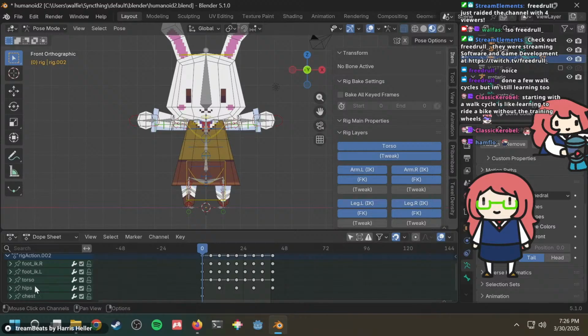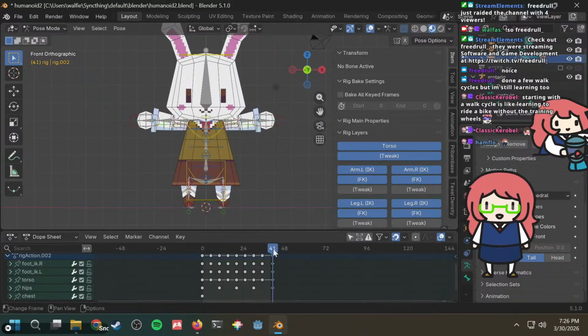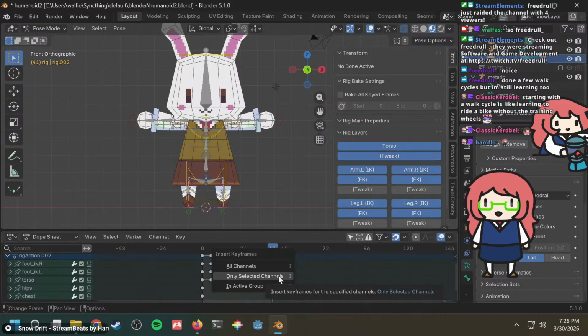So this could just be for the leg movement, and then you can have another one for the arm movement. Whatever, it's probably fine. I could always split them out if I need to. It has not inserted my keyframe.